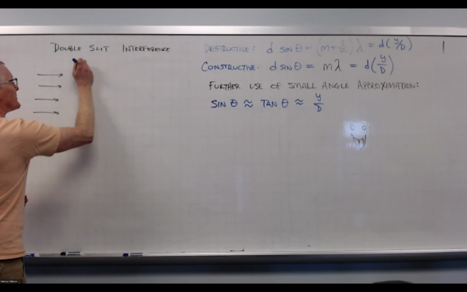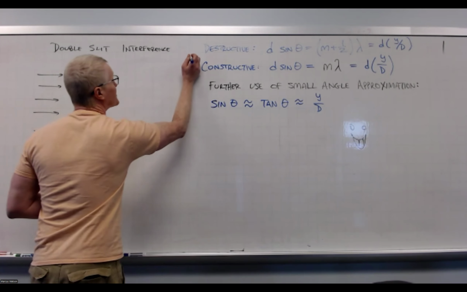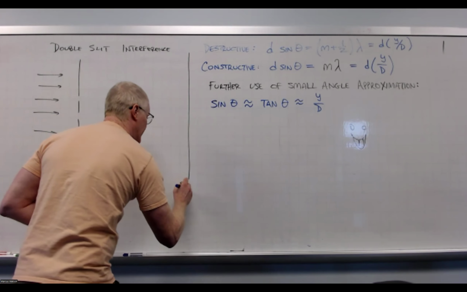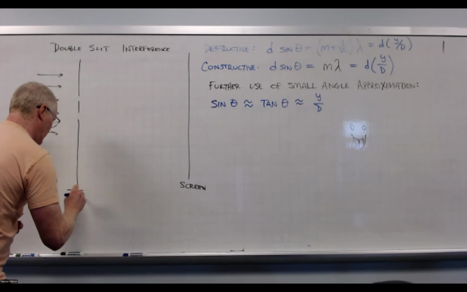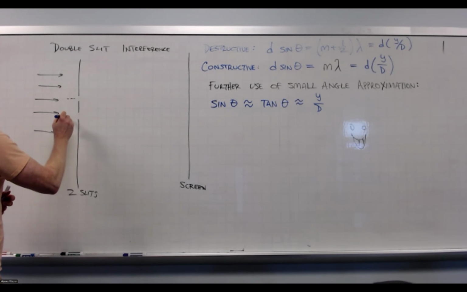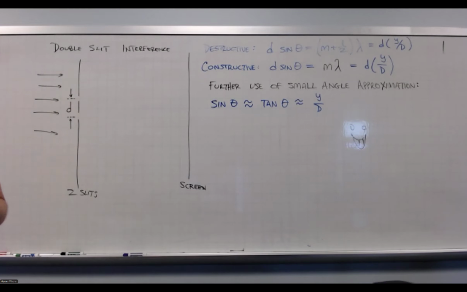I've got the two slits like so. I've got a screen out here, catching the light. Two slits, and they're separated by d. They always are. Like so. All right, so what we're looking at here is, let's suppose that I want to find the difference